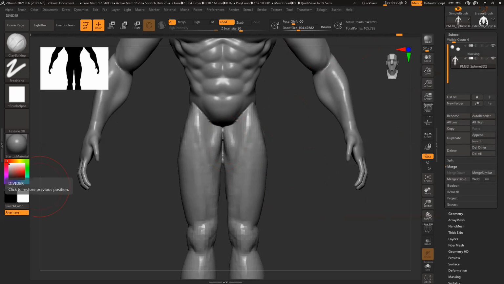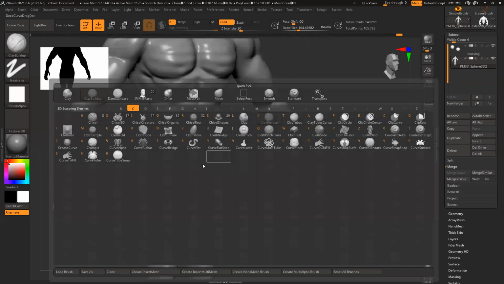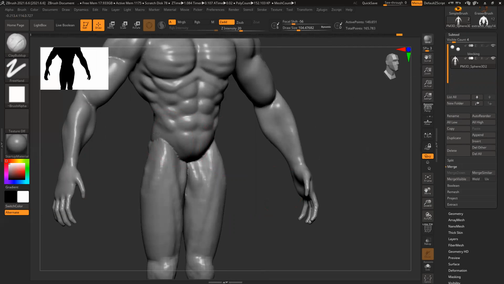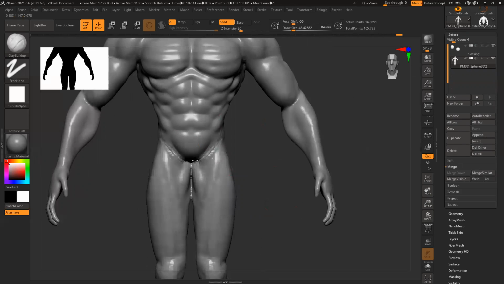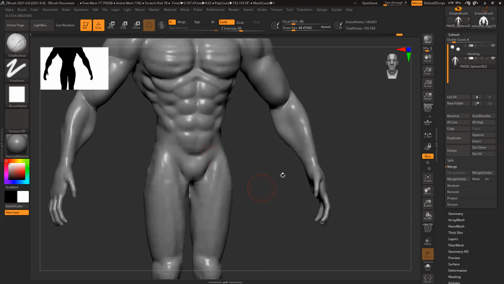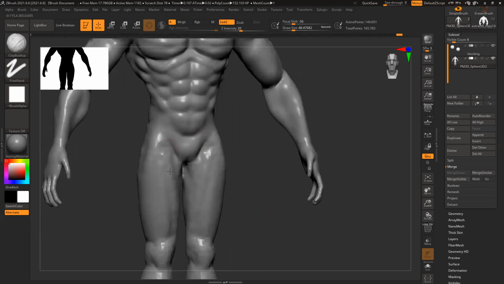Let's create the shape. Here is the front part. Slight depression here.